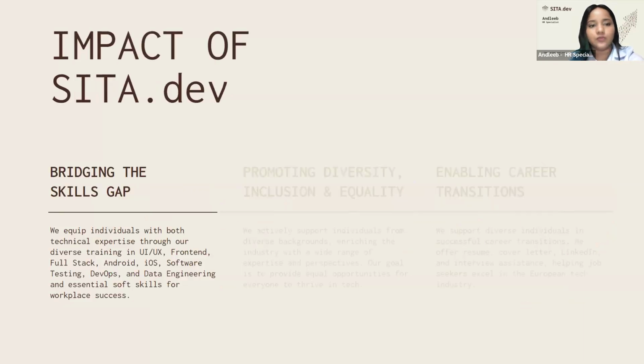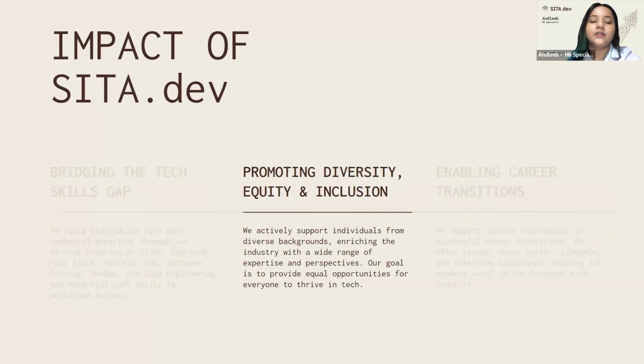Now, moving on to the impact that SITA.dev has. So over time, we have been bridging the skill gap between individuals, and we try to equip these individuals with both technical expertise and the essential soft skills that are required for the workplace. As a company, we also try to promote diversity, equity, and inclusion.